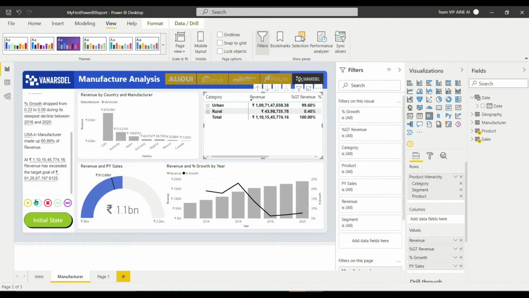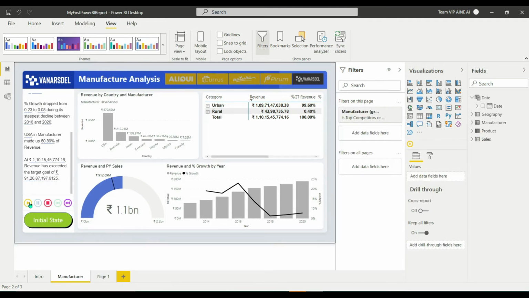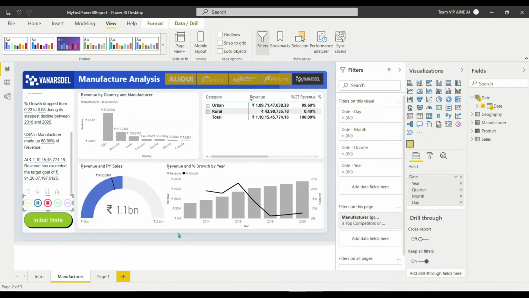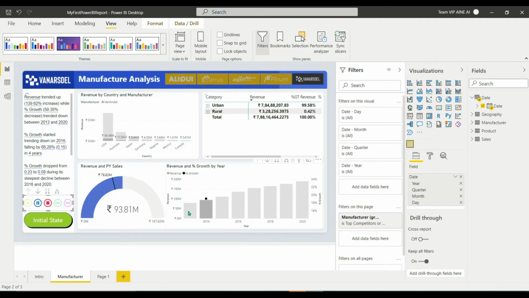And also we can see that this is a simple play axis that is provided by Power BI. Once I click this play button, you can see how the manufacturing or the sales has been changing each and every year. So you can see that each year the data has been changing.